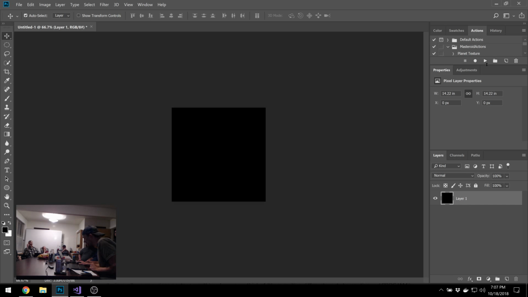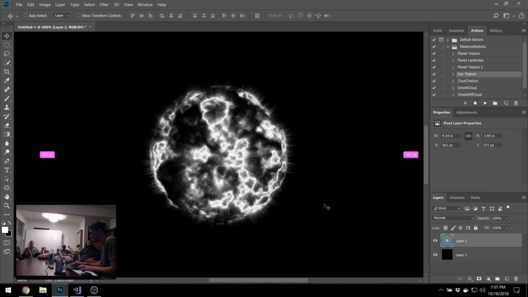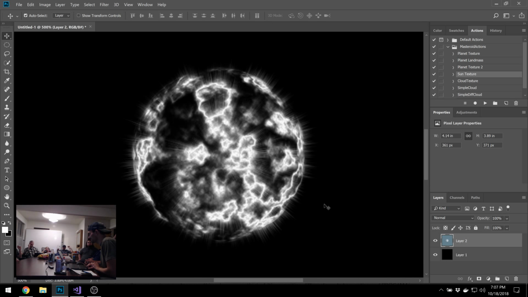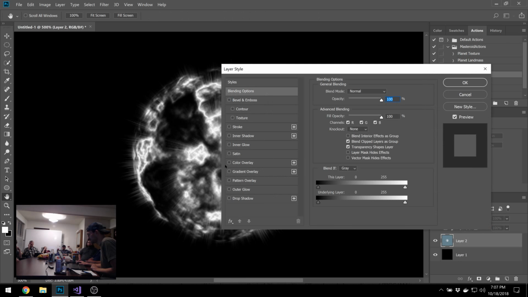And it would help if I didn't generate it in black, because black on black is not super interesting. So now I did the same thing, slightly different system, but here's a sun texture. So really kind of the same process, but I have this burst effect, and I can colorize these. So I give this a color,